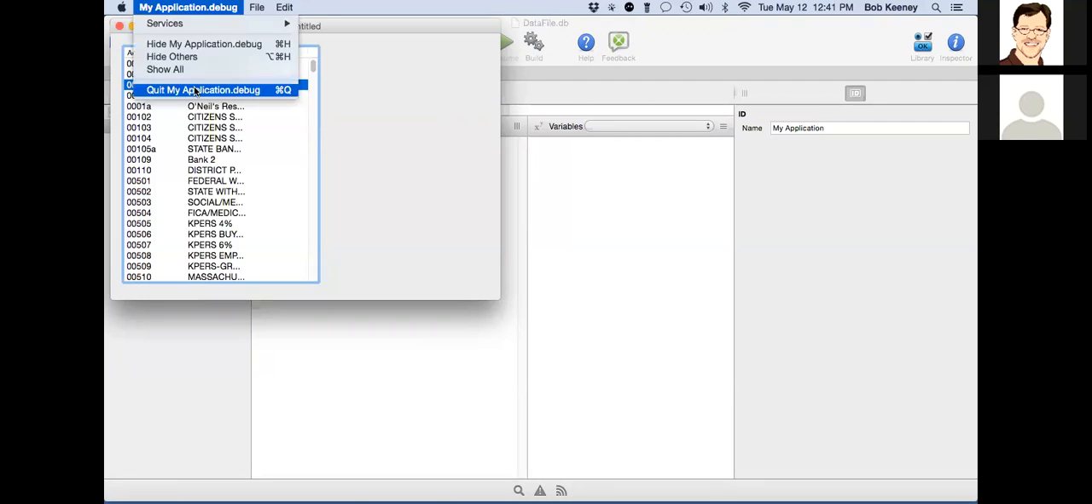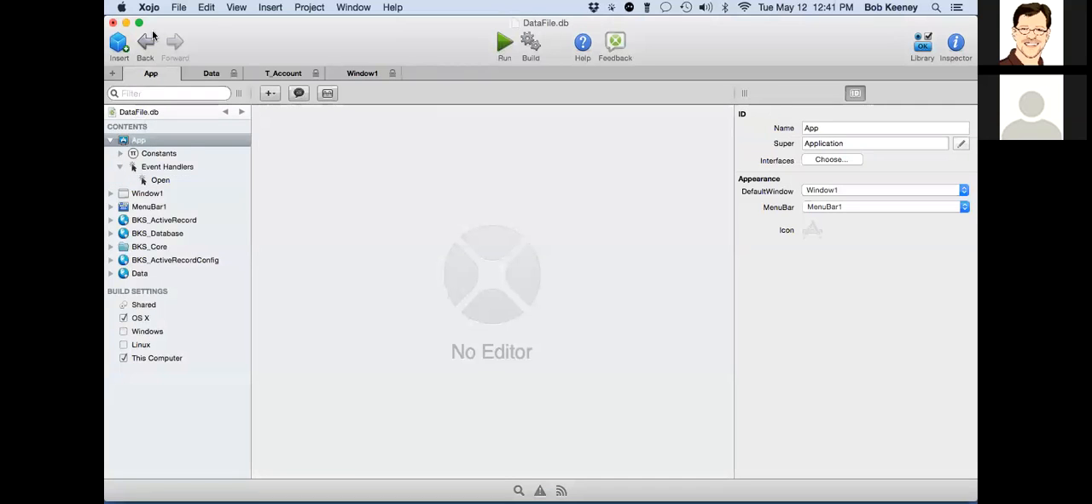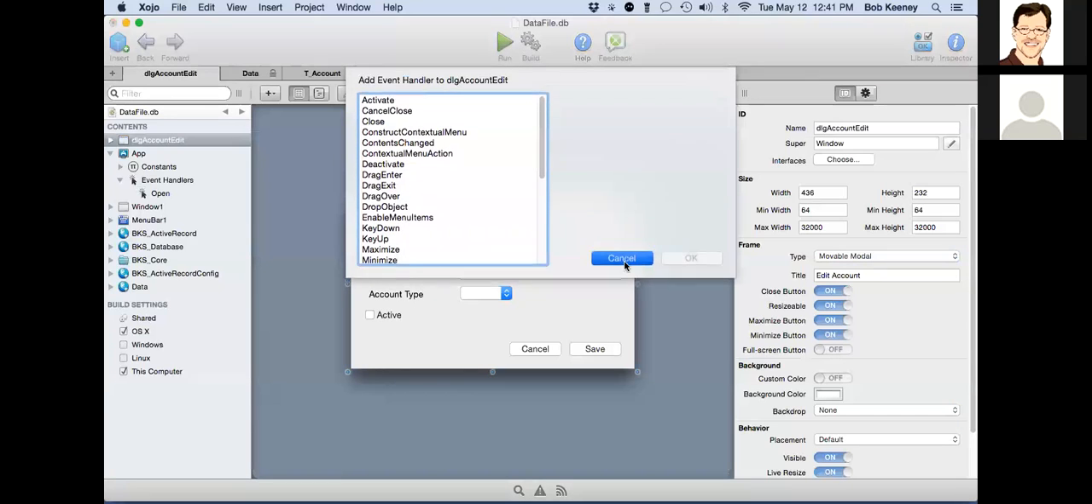editor for this. Let me go in, and I'm actually going to copy this from another table or another project here, so forgive me. So we're going to create an account dialog, which is a modal window. Here's a short account, here's account name, here's account type, and whether it's active. Now, if we look at it,